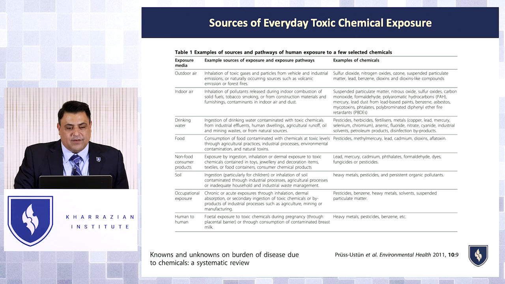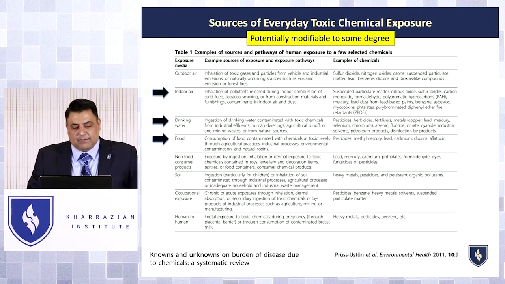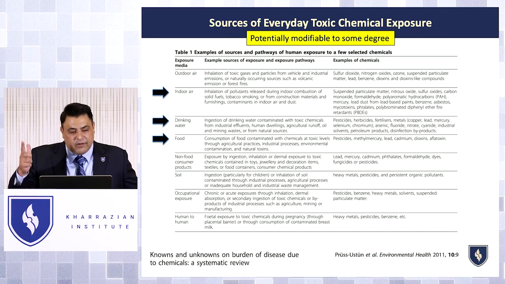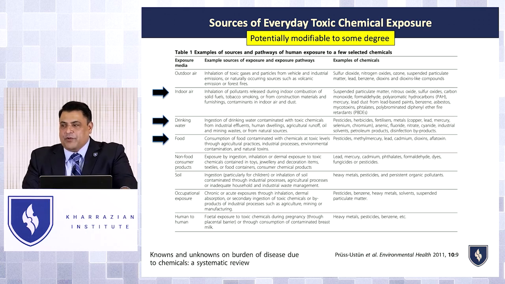And if you look at the sources of everyday toxic chemical exposures: outdoor air, indoor air, drinking water, food, soil, occupational exposure, these are the three main things we can focus on. And we're going to focus on these when we get into a treatment application for longevity. Indoor air, drinking water, and food. And food containers in particular, and how food is cooked. Those are the three things that can easily be changed to totally reduce chemical load with the person and reduce health risk.